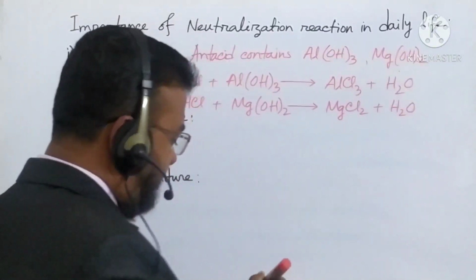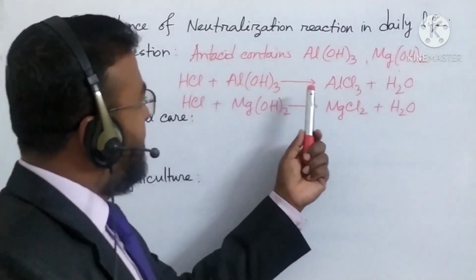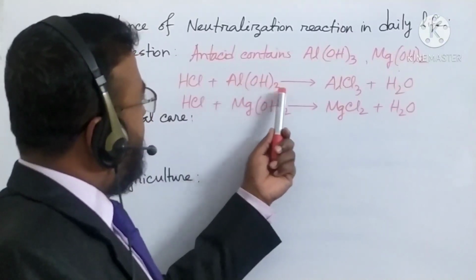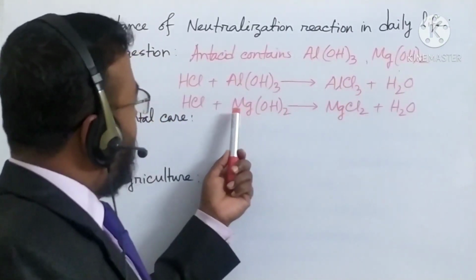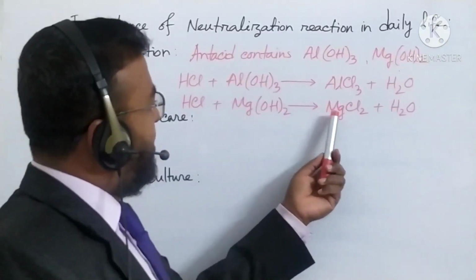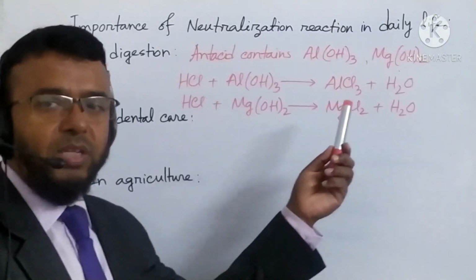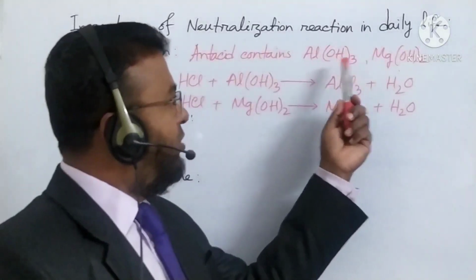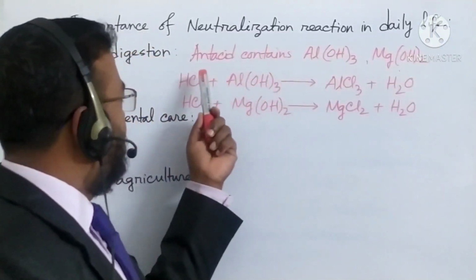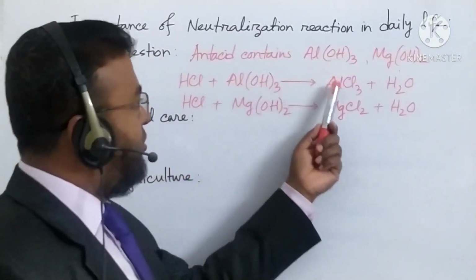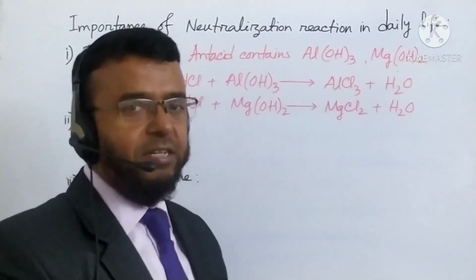So everybody knows the valency of aluminum is 3. So for this reason it is written 3, and aluminum chloride it is also 3, and magnesium valency is 2, so it is MgCl2 and Mg(OH)2 for this. So we see that antacid medicine contains aluminum hydroxide and magnesium hydroxide. These two hydroxides neutralize the acid and produce salt and water, then we feel free from the acidity.